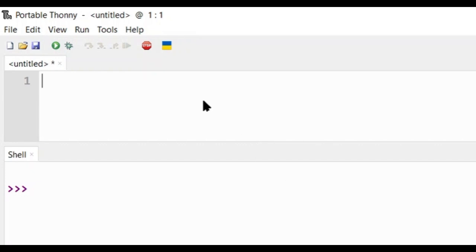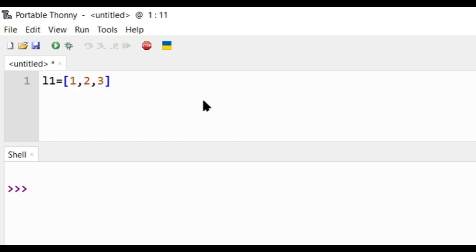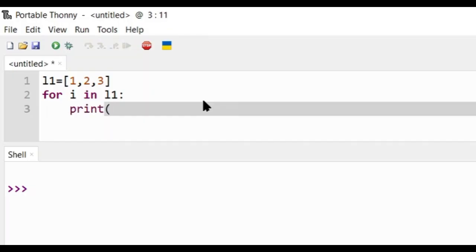Now we will see how for loop is being used to iterate a list. So now I am creating a list named L1 with the elements 1, 2, 3. for i in L1: print(i, end=" ")